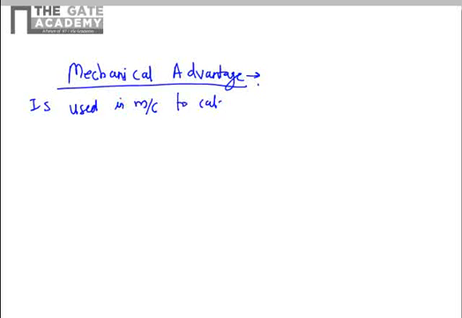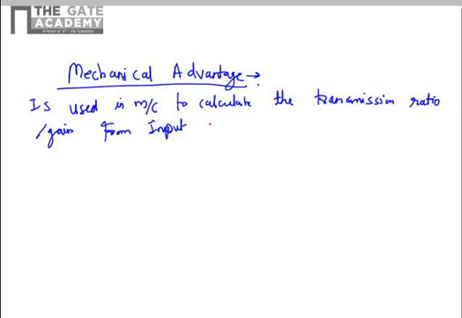to calculate the transmission ratio. It is also called gain in some terminology in electronics, particularly in the machine from input to output. So a machine, as we saw earlier, is nothing but a mechanism